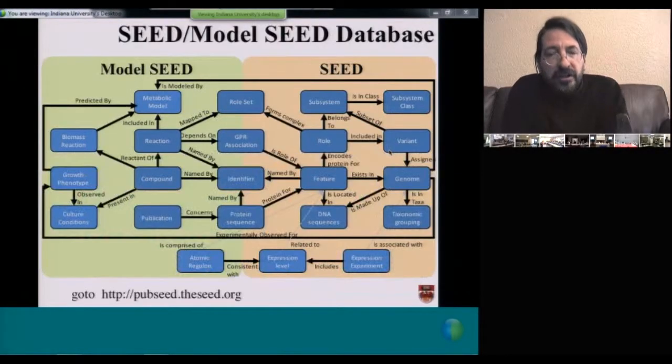If I double-clicked on that diagram and said, what is needed underneath the tool in order to support this? Well, it's a complex database. This is, again, a sort of high-level description. The real database has maybe 10 times as many entities in it. But this diagram, the seed, model seed databases, shows the relationship on the right to a system we built called